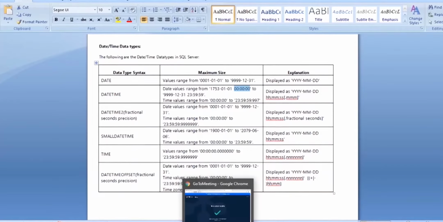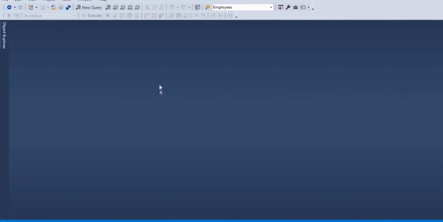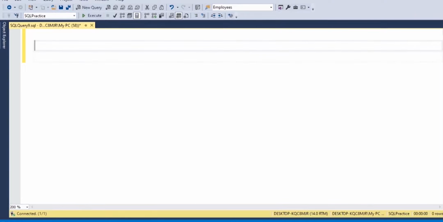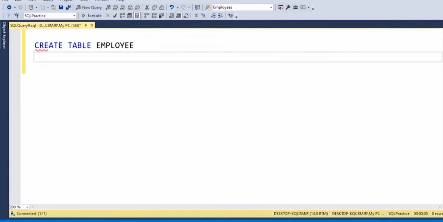A simple example: we can go with one table with all the data types. Observe here, I'm trying to create an employee table. Create table employee. Okay, simple example. What are the columns you can define? I can define employee ID. Employee ID is nothing but which type of data can you imagine? For the particular column, what data are you trying to insert after creation of the table? I'm trying to give an integer number, so I can give integer.